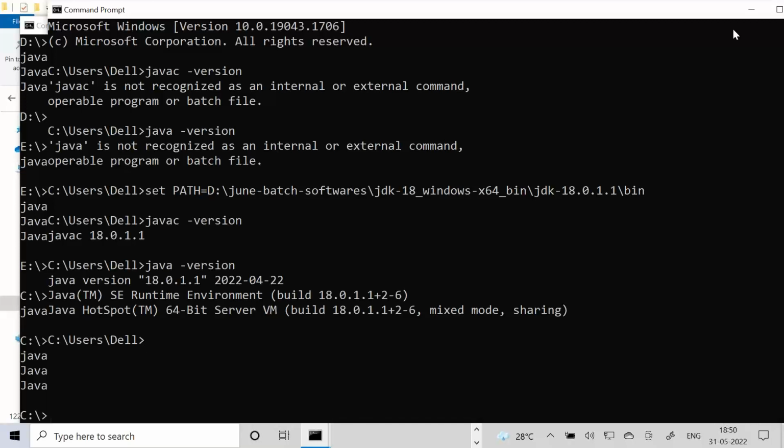Setting the path environment variable, we have seen one way. That is local to the current command prompt. Local to one command prompt.